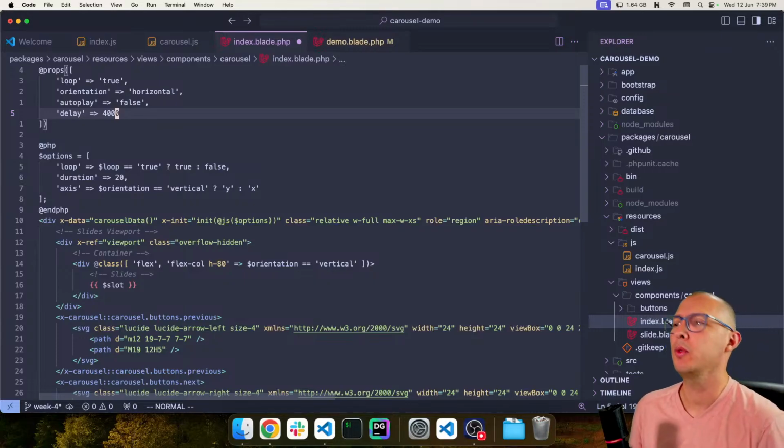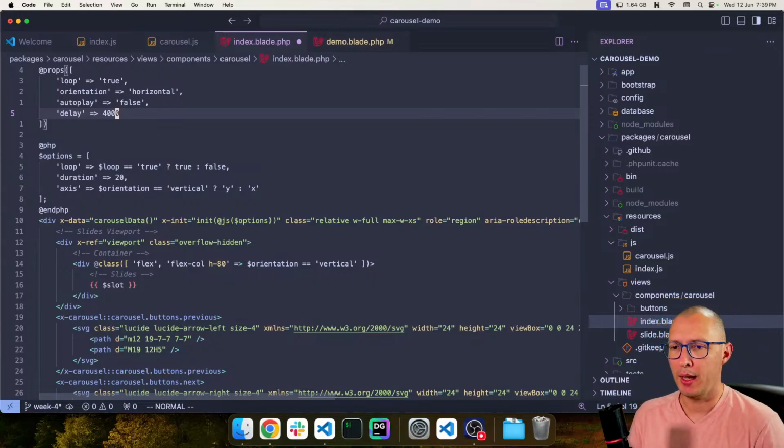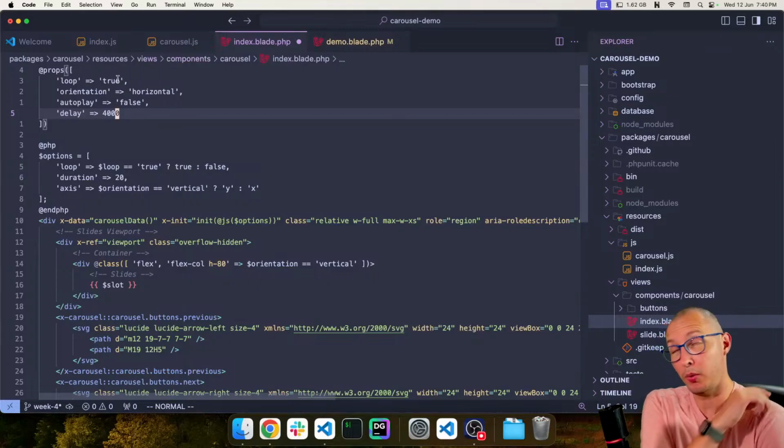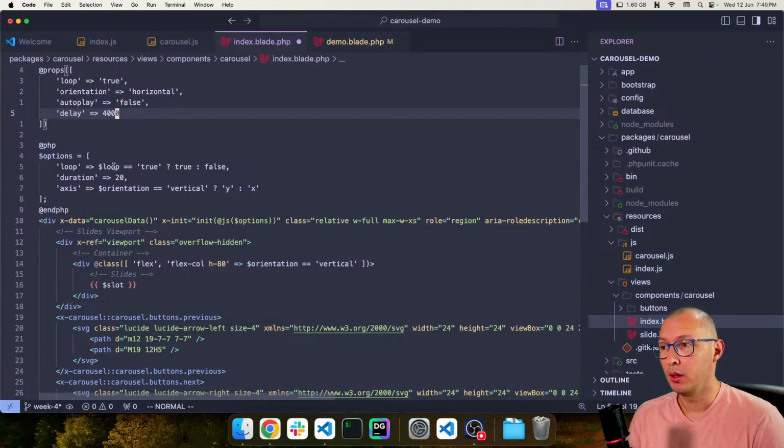Oh, by the way, remember last week when I couldn't figure out why, even though I passed false in the loop prop, it was still activating loop by default, even though I set it to false? And basically,